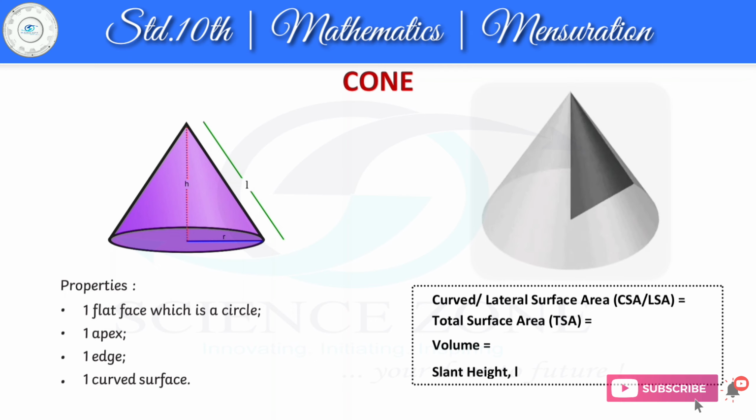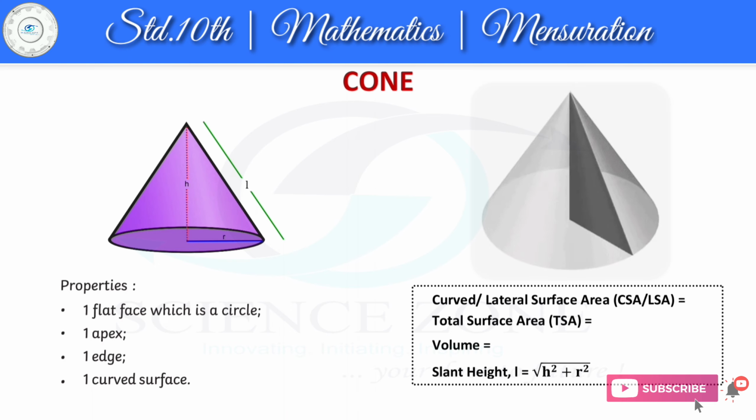The side of the triangle along which it is rotated is called height of the cone. The base of the triangle is its radius, and the third side of that triangle will be the slant height of the cone. Slant height is represented by symbol L. As the triangle is right angled, we can apply Pythagoras theorem in that triangle. By use of Pythagoras theorem, L square will be equal to h square plus r square. From there, we can say L is equal to square root of h square plus r square.